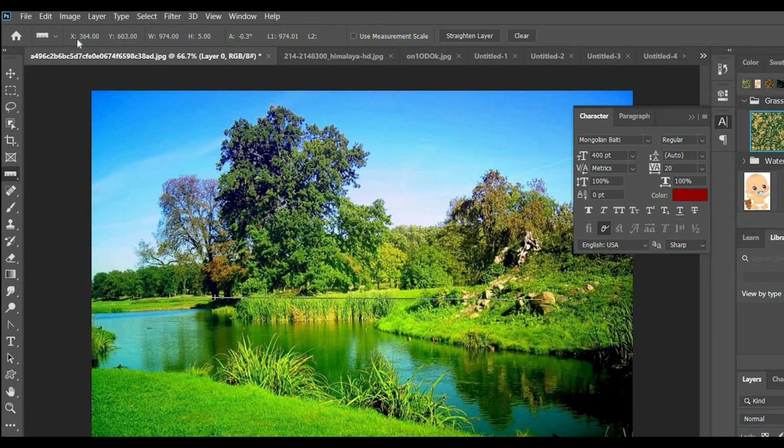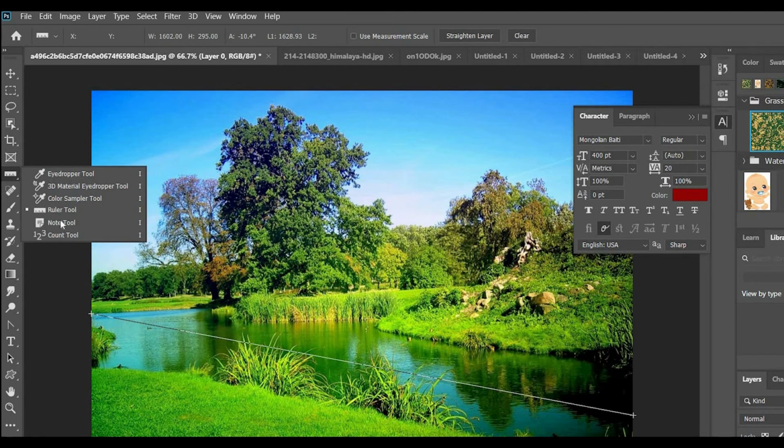Okay, here we got 974 with the x-axis and y-axis measurement. We can measure from this stone to this stone, or we can measure the water flow length. For this purpose we use the ruler.